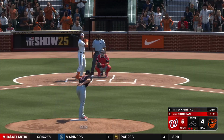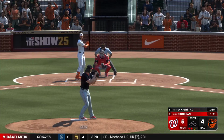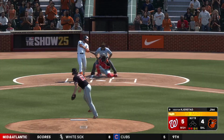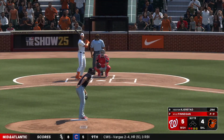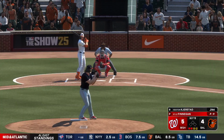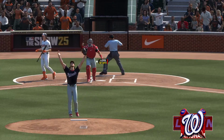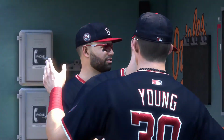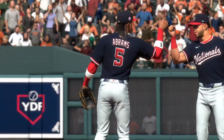In there, and it's 0-1. Well, so many hard-throwing relievers in the game these days. You would think that hitters have made the adjustment, but I don't know if you ever get used to it. Just pumping gas. To the right side, down the line, and it's foul. This could end it. Got him looking. And the crowd goes home disappointed as this one draws to a close. Well, this was a tightly played game. Got a little of everything. Some timely hitting, runs on